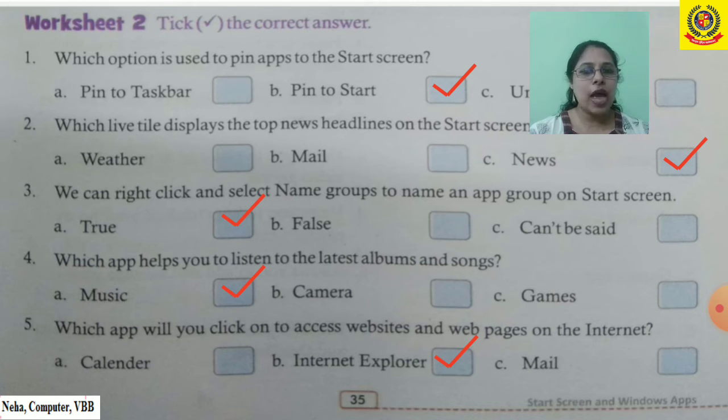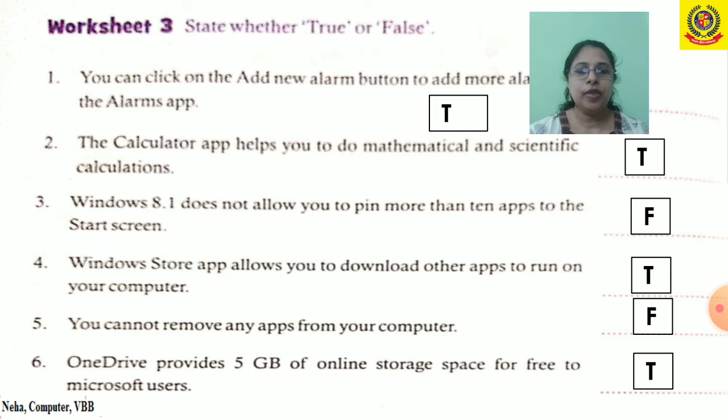Next, which app helps you to listen to the latest albums and songs? That is Music app. Last, which app will you click on to access websites and web pages on the internet? That is Internet Explorer. So this is the worksheet 2 and you have to do it in the book itself.